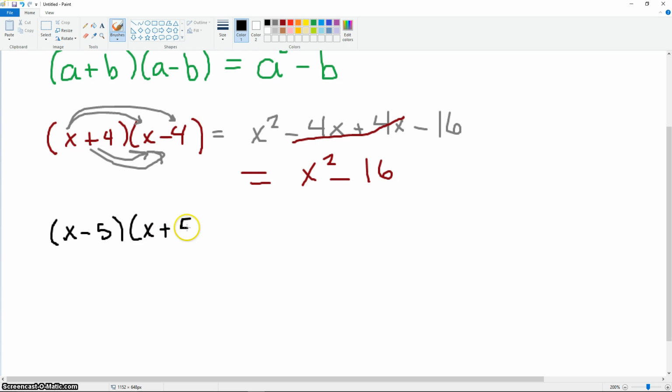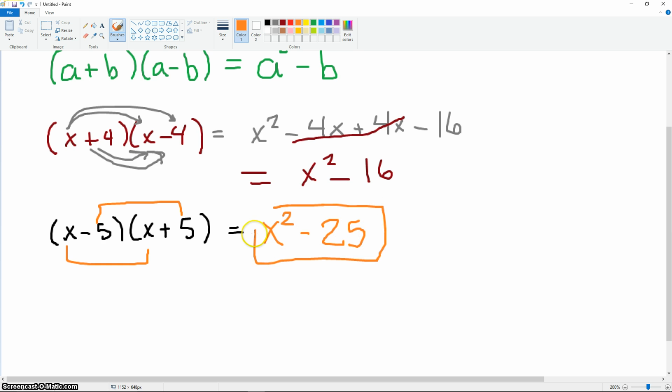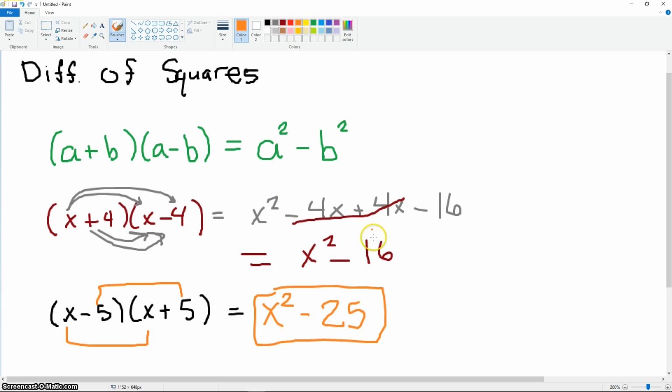If you have a difference of squares pattern, really the shortcut is first times first, which is x squared, and last times last. So what's negative 5 times a positive 5? Negative 25. That's really what difference of squares is. If we go back to this one that we did, the FOIL way,